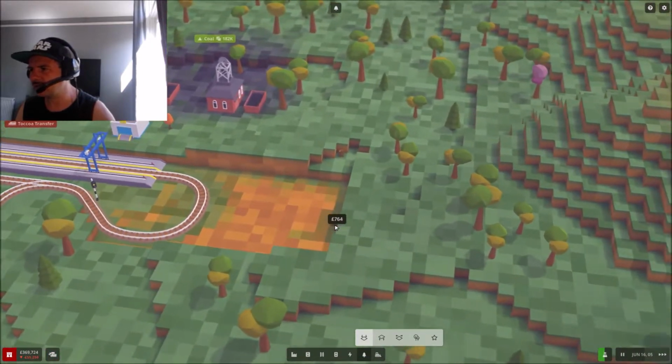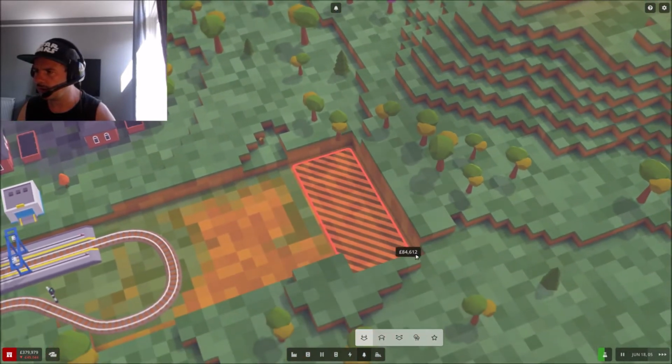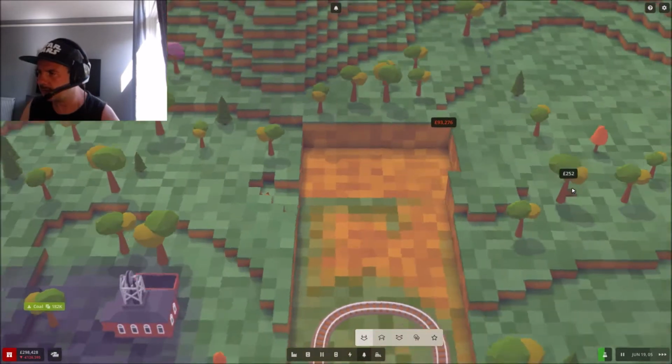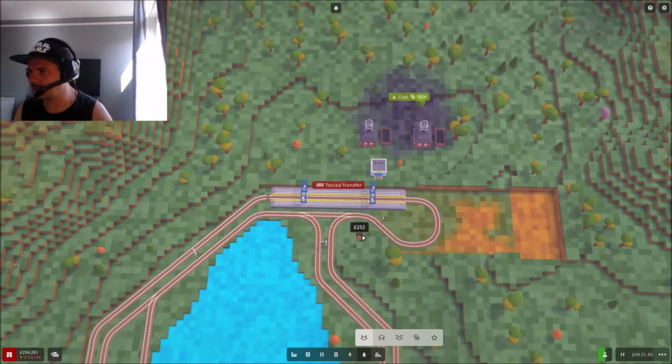So we've got to see. Let's go down even a bit further, actually. Let's go down one more, and then go to there. I think that could be nice. Right. Yeah, it's pretty good actually. Okay, let's do that. And then we're going to see if we can replace the station with a much bigger